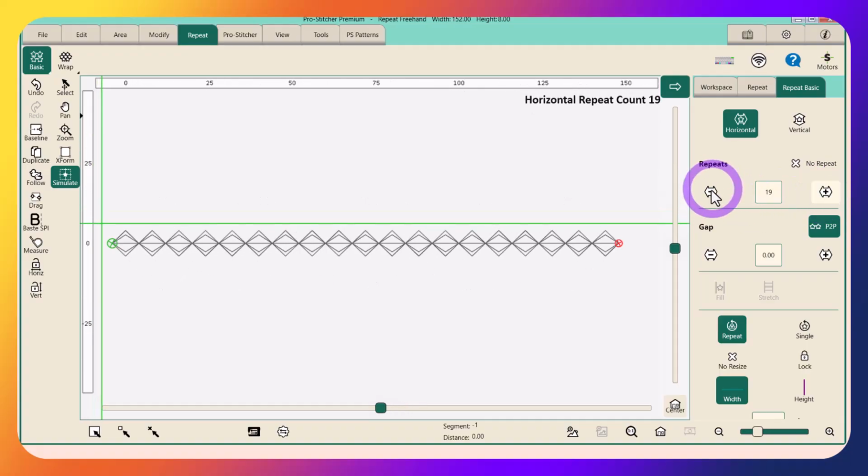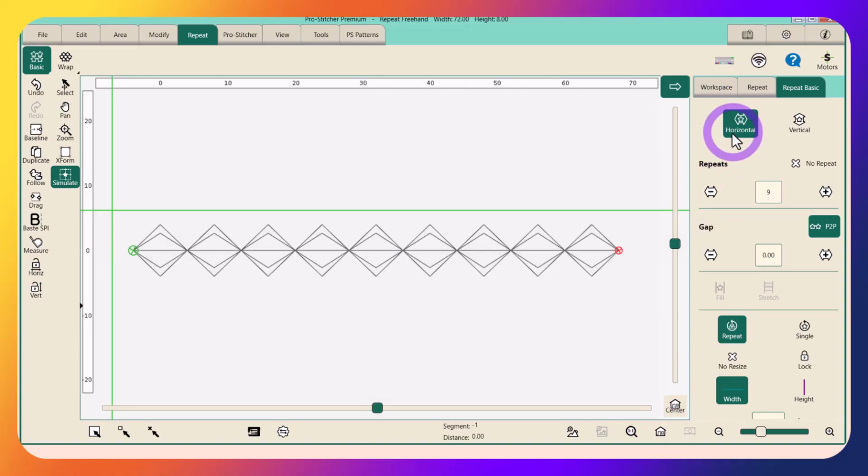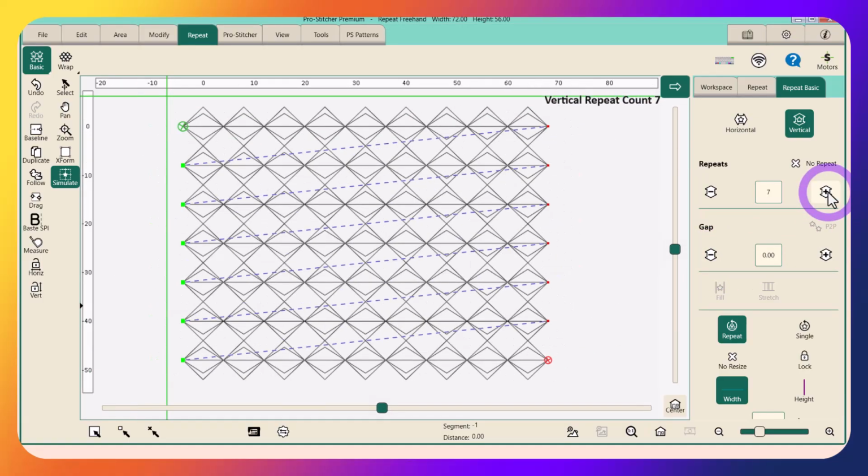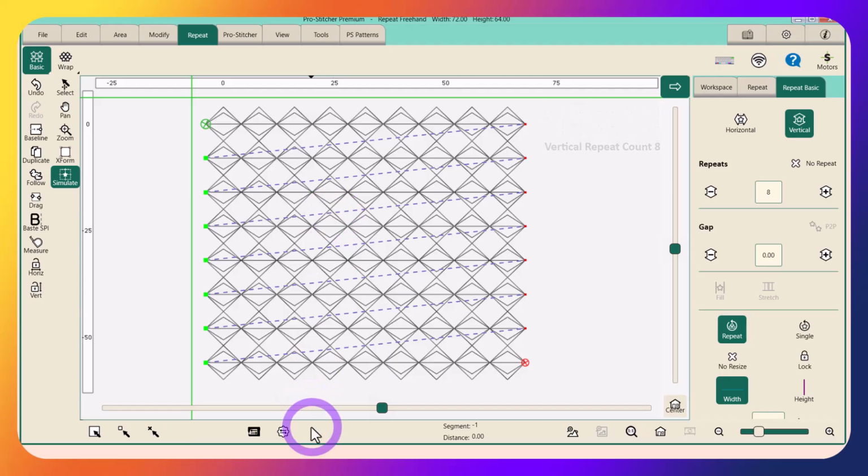And whoop, sorry, that's what happens when you leave your finger on the button. Okay, so we've got it repeated, and let's repeat it vertically. Whoop, wrong button. There we go. So I've got it repeated vertically, and that's an interesting design, but I really think it would look better if